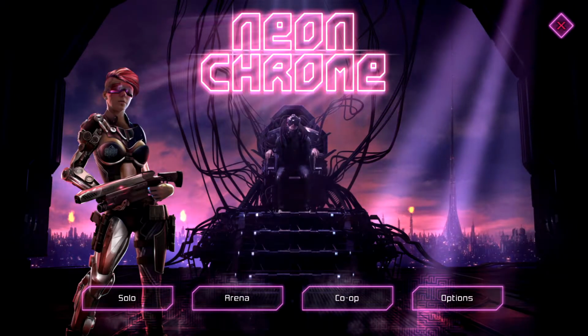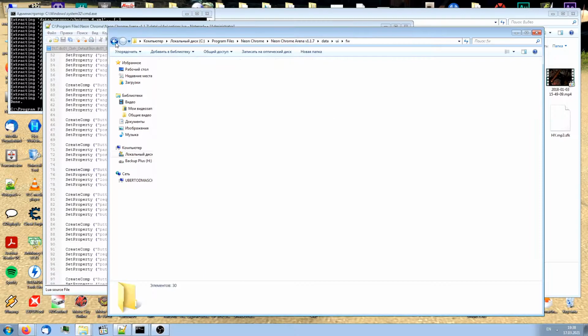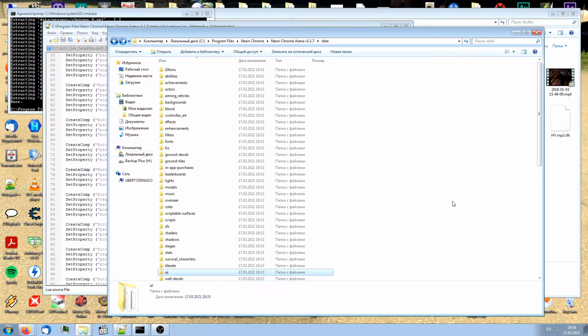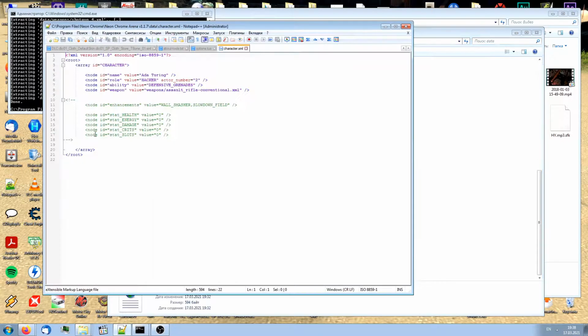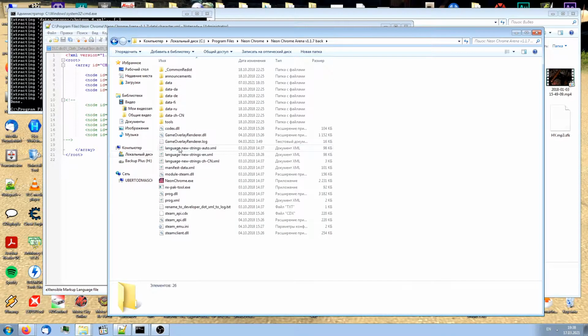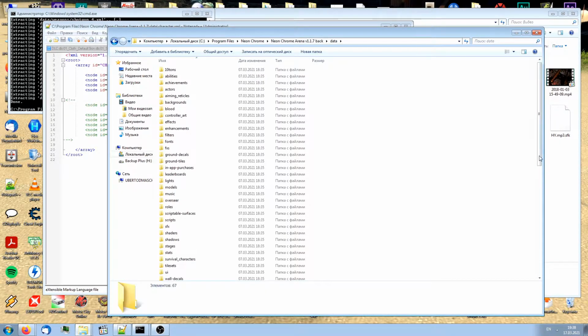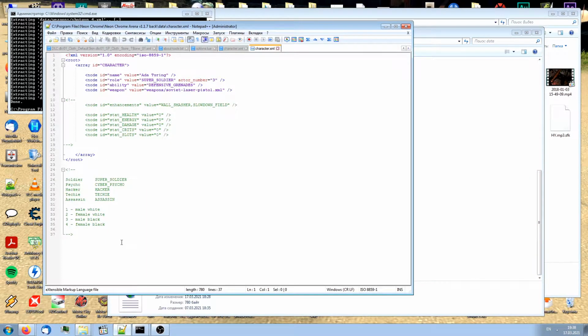So, in order to customize your character, you gotta find this file, Character.xml, which lies in the data folder. Now, if you'll pardon me, I'll use my a little bit customized character XML, because it shows you this. These are all possible